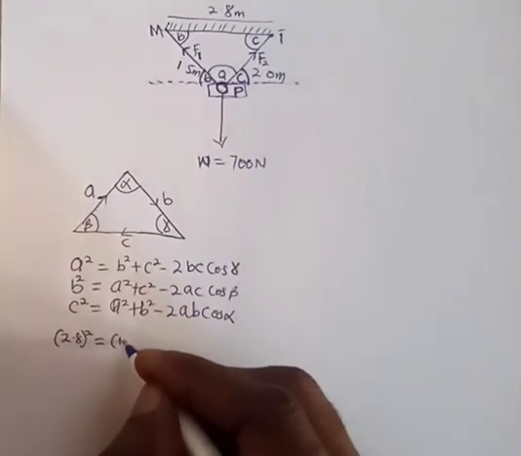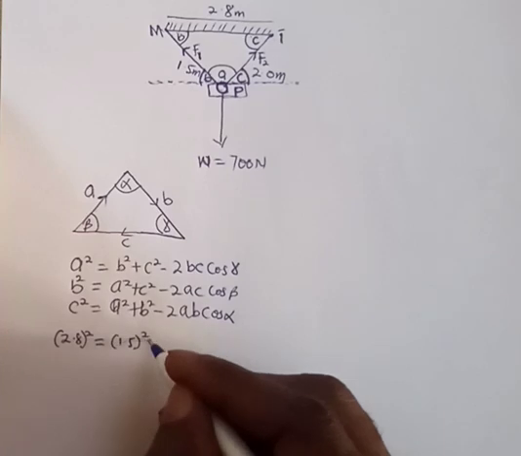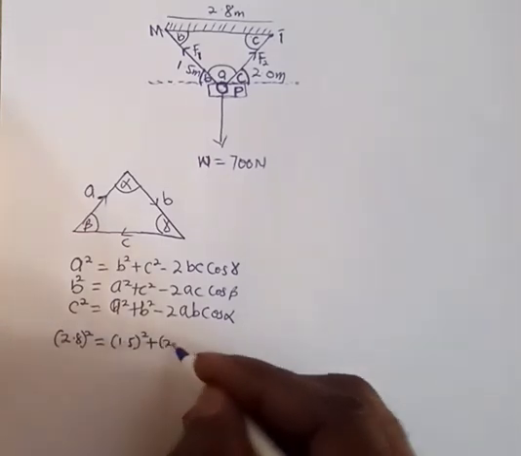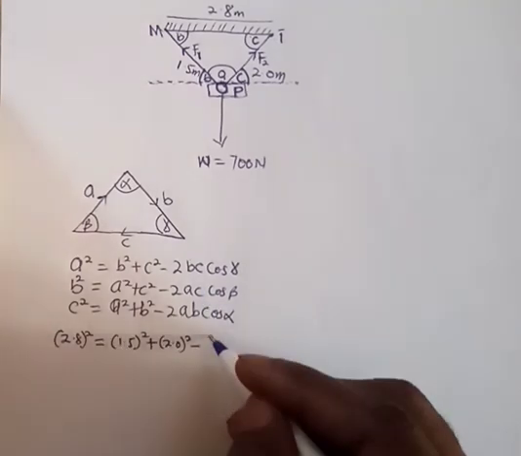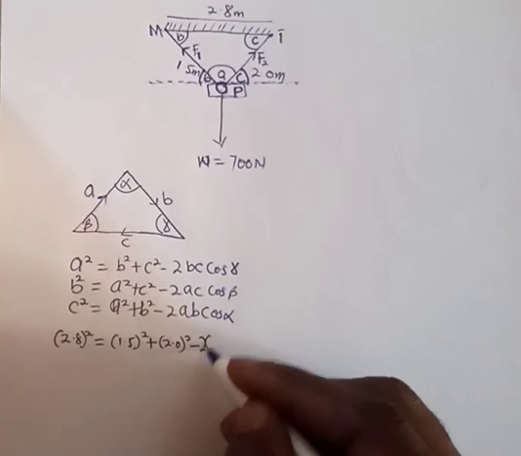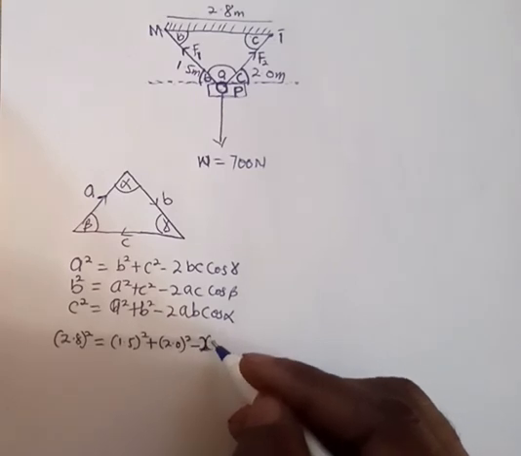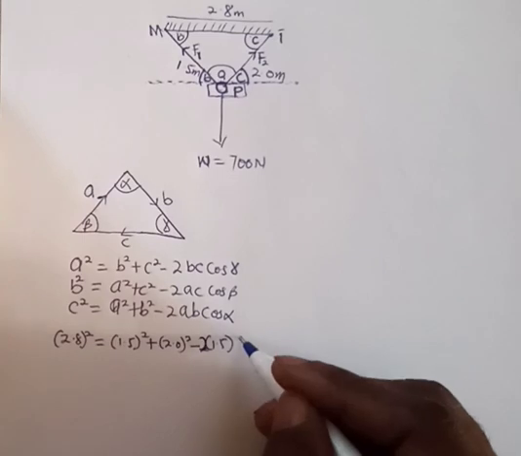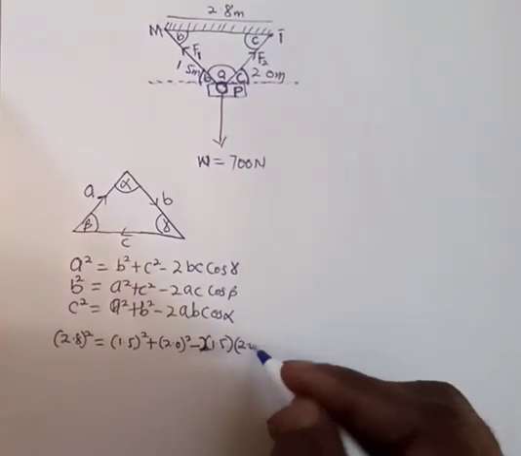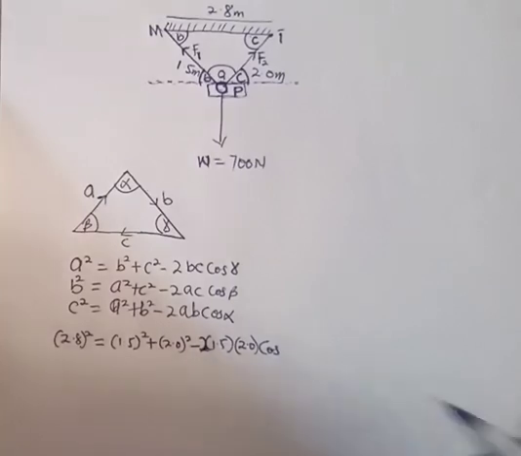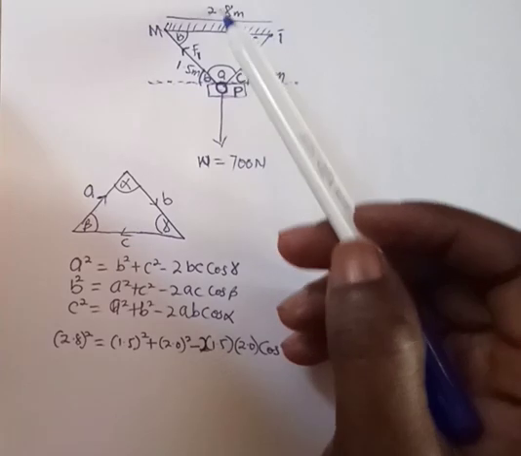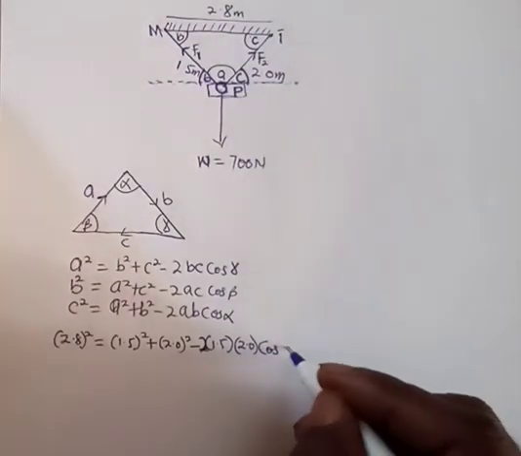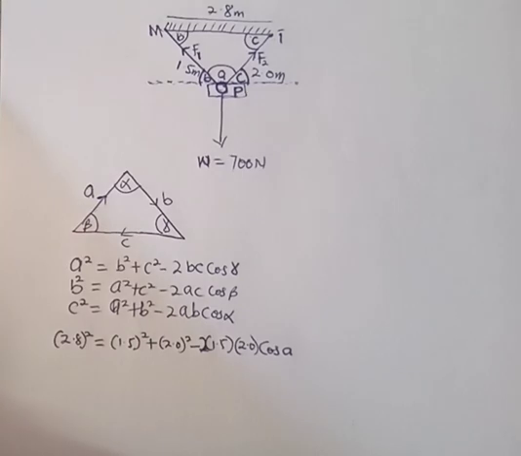So we have 1.5 squared plus 2.0 squared, then minus 2 times 1.5 and then 2.0, then cos what? So let's look at the 2.8, which angle is opposite. So it is angle what? A. Have you gotten that? Good. So if you use our calculator, then